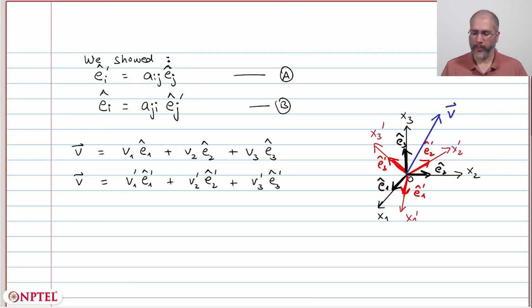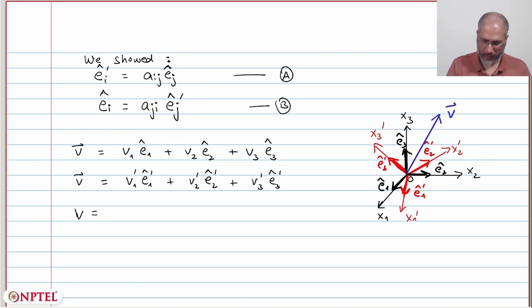So as you can see, we have the black or the base coordinate system, the red or the primed or the transformed coordinate system, which is obtained through a rotation, and the vector has been drawn using the blue arrow. So although the vector is exactly the same, it doesn't matter which coordinate system we look into, the physical vector does not change, but its components will change. So the components will be written as,